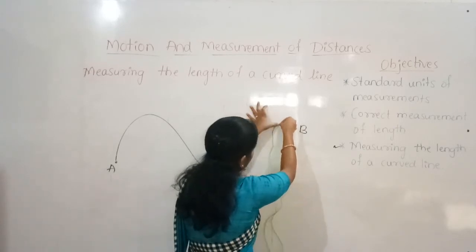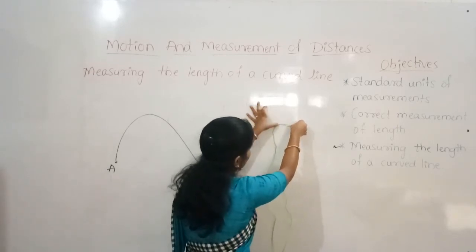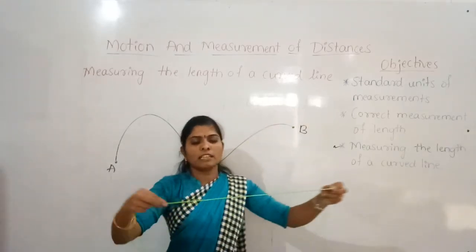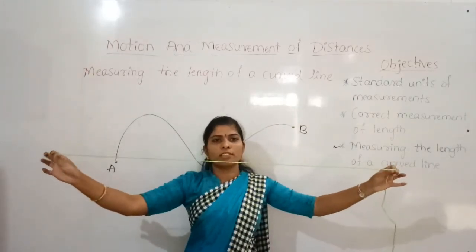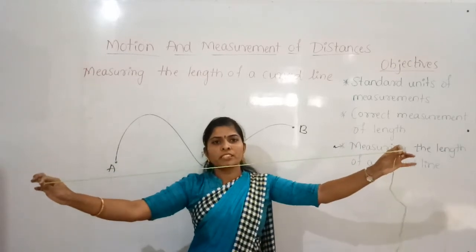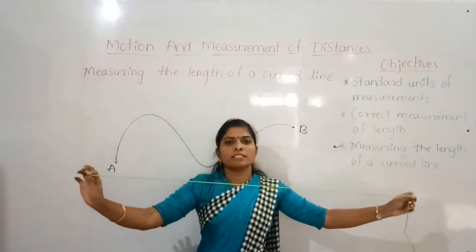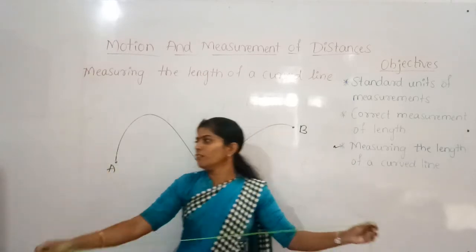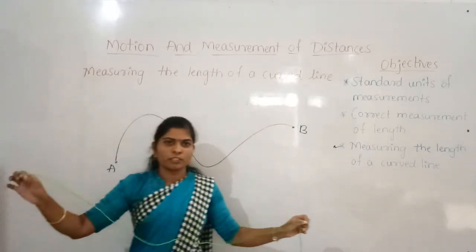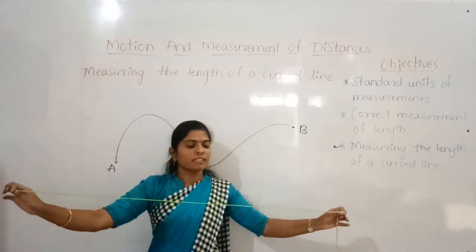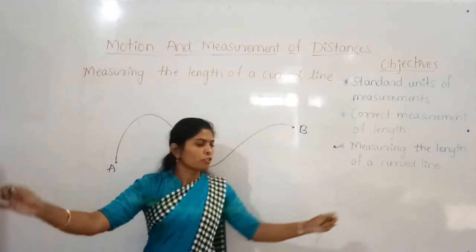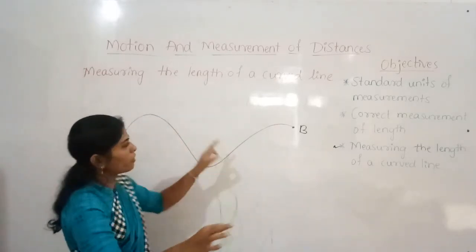Okay, and it is the final one. Yes, so this is the length of the curved line. And how can we measure this now? Now we can measure this using the meter scale, and the meter scale I don't have, so likewise you have to measure. Okay, so this is how we have to. Then when we get, this is the length of this curved line.